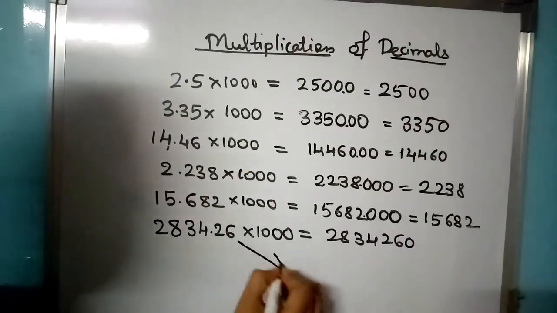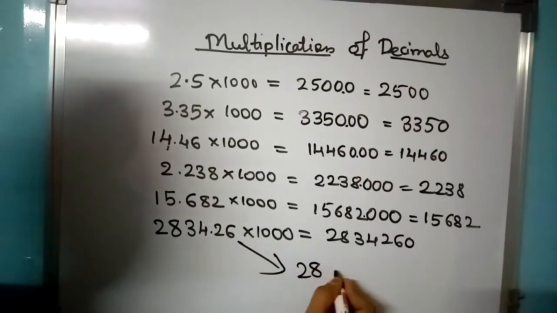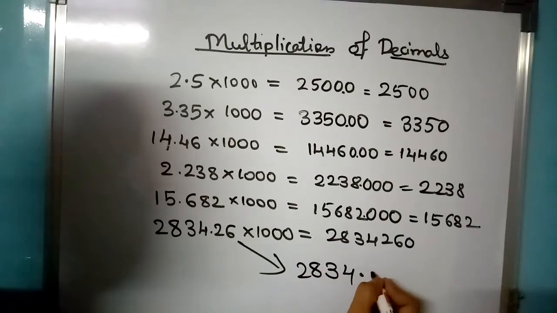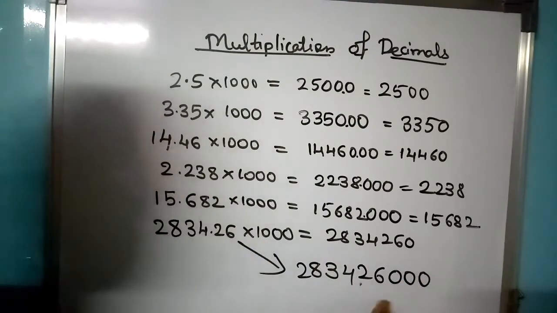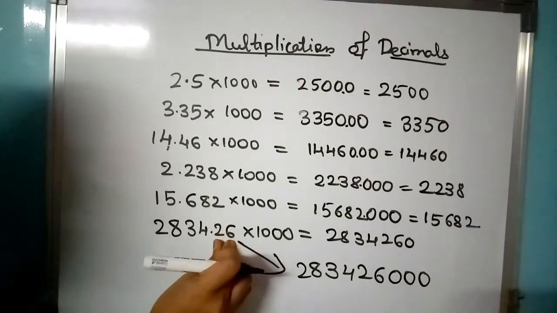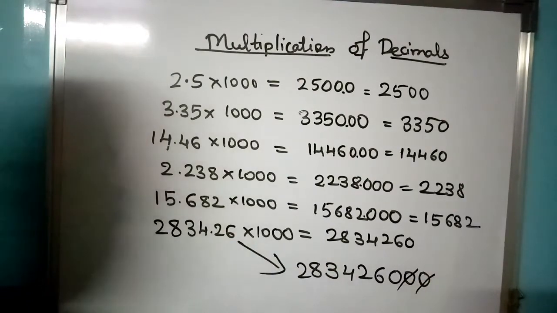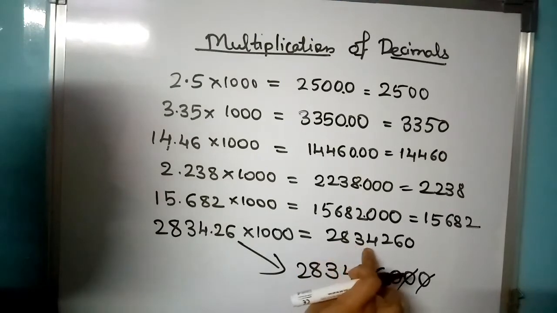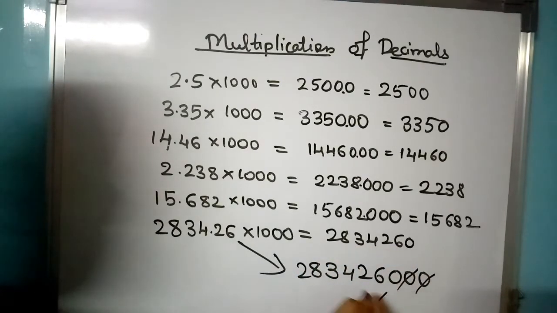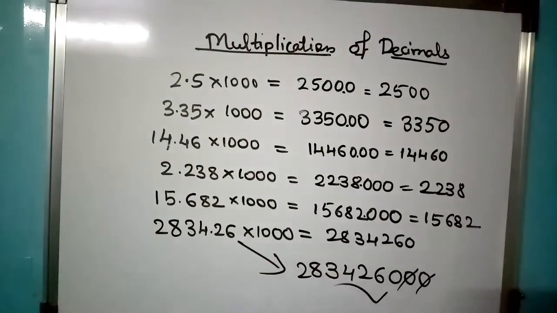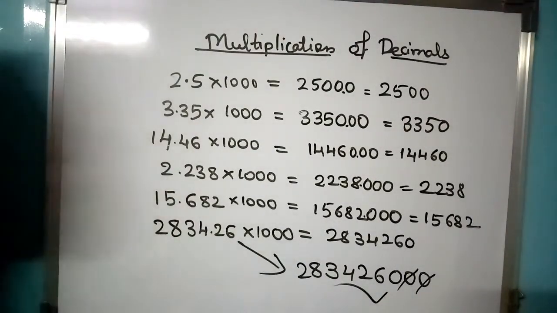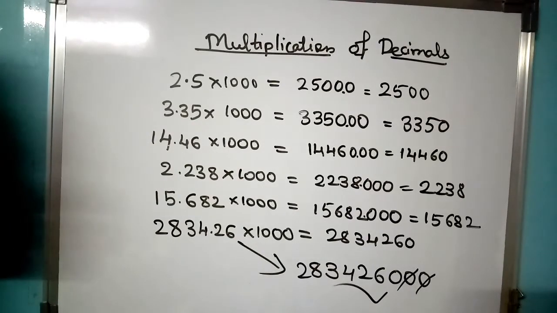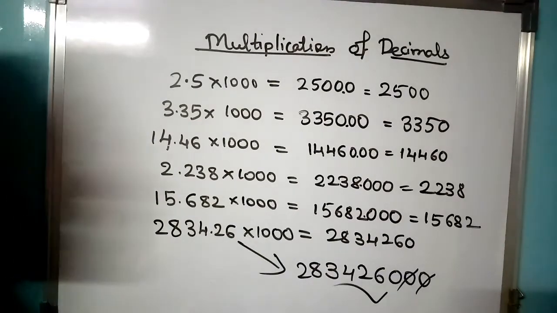For this let us check. It is just like 2834.26, so in place of the point, that is the decimal, 26 and 1, 2, 3 zeros. Now after decimal there are two places, so if I leave these two, I get the answer 2834260. That's nothing but the same answer. So in that way you can place decimals at certain points. So in this way today we have seen how to multiply decimals by 1000, 100 and 10.